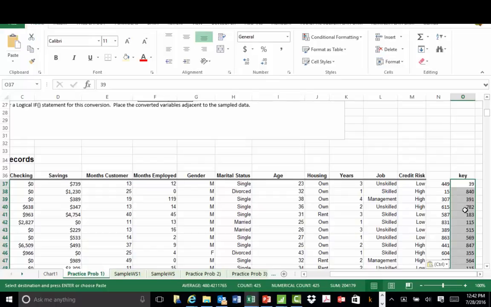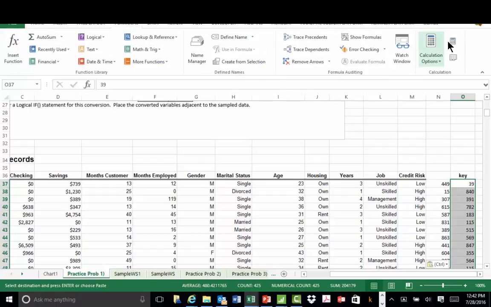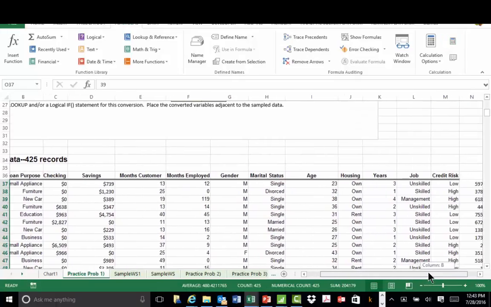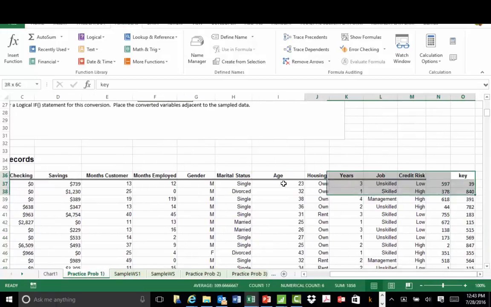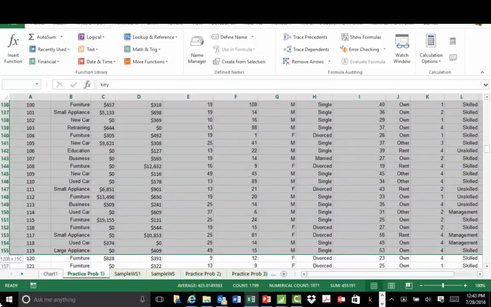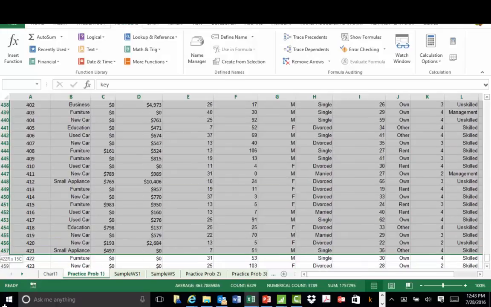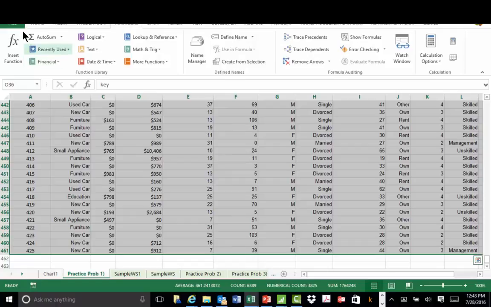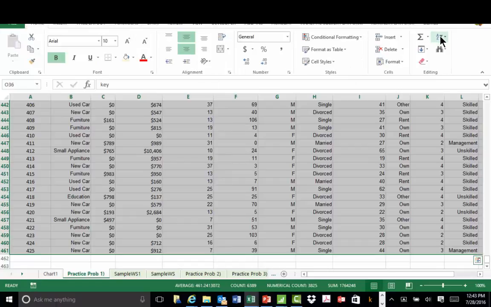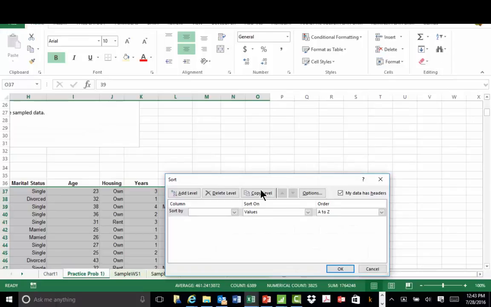So they're here now. No matter what I do now, if I recalculate the formulas, that row changes, the original row, but the key doesn't change, and that's the one I want to keep because I want to do a sort. I want to do a sort of this thing. So how do I sort it? Well, you know how to sort. You grab the data, you go down to the bottom, you go to sort. I want a custom sort. I select key, smallest to largest, ascending fashion,